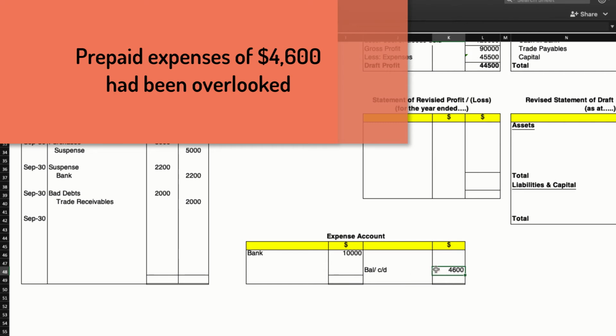And this is basically the prepaid expense on the last day of the accounting year. And what is the purpose of writing it on the credit side? Just to reduce the expense account, because up to this much amount, the expense belongs to the next year. So for that purpose, we need to credit the expense account. So now I will credit the expense account $4,600. And this 4,600 is not an expense in this year, it is an asset, because the benefit of this 4,600 we will be getting in the future. So we need to consider this as an asset and reduce the expense. We already reduced the expense and now this amount we need to treat as an asset.